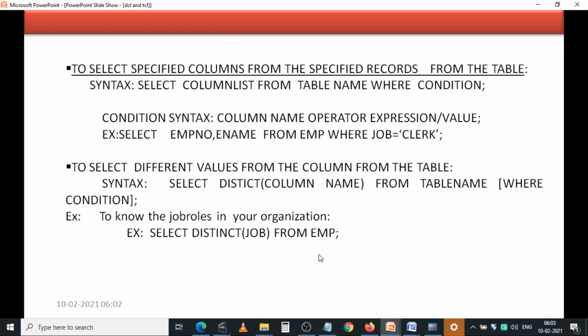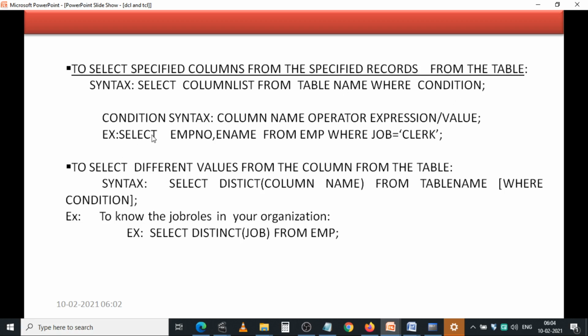And coming to this, to select specified columns from specified records of the table, that means I want to retrieve specified columns from only some records, not from all records. That's why we are using the where clause in the syntax: select column list from table name where condition.